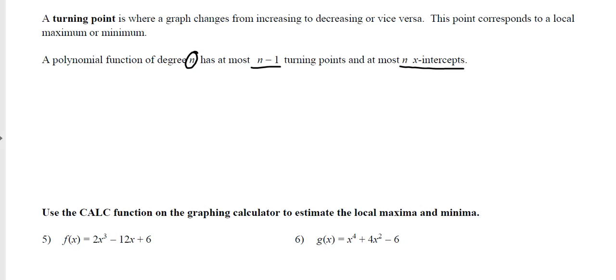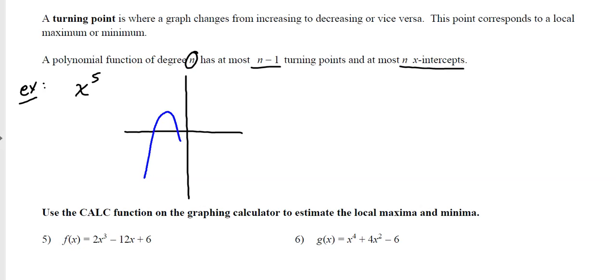So let's take an example. I'm going to do kind of an extreme example. Let's take an example of something in x to the 5th power. Now, an x to the 5th power may look like this. It's kind of like x to the 3rd, up, down, up, down, up. All right, that would be an x to the 5th. It's got a couple of extra squiggles there. Well, these turning points